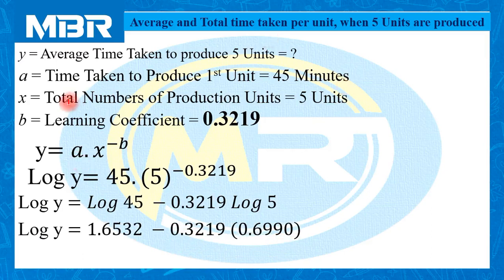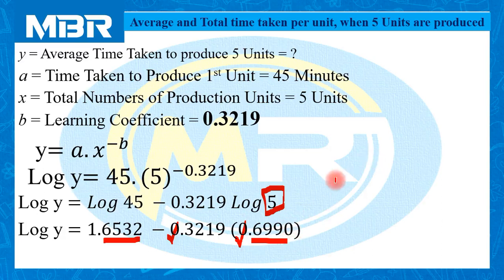Log 45, it is a repetition, nothing more than that: 1.6532. Here the value 5 is given in a single digit, so 1 minus 1 equals 0 digit. And the log value is